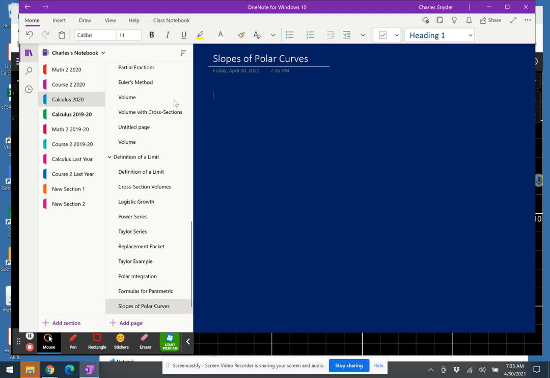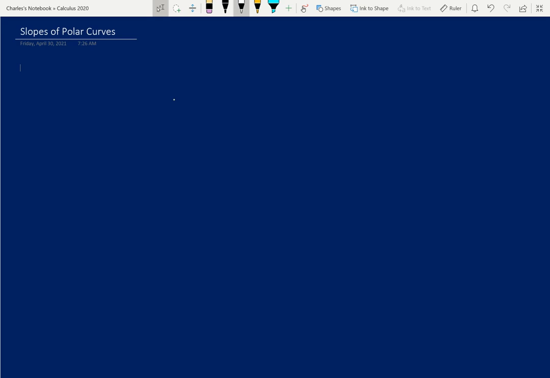The main concept today is slope for polar curves, and I'm going to give you the formula or show you how it's obtained, and let you use it in the problems that are assigned today. Remember that a polar graph is one where instead of having a lateral and vertical position denoted by x and y, you have an angle and a distance from the origin. So the angle is theta, r is the radius,